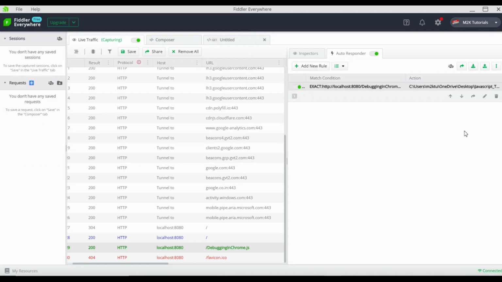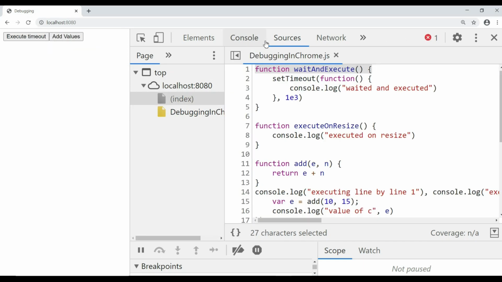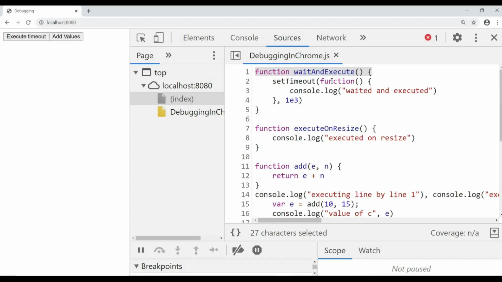Now go in your application again, let's say this 8080 our application is running. Now refresh your application and you can see, right, instead of your debugging in chrome.js, now this file is getting supplied, which is our beautifycode.js actually. So what Fiddler is doing, it is replacing your minified file with your beautified file.